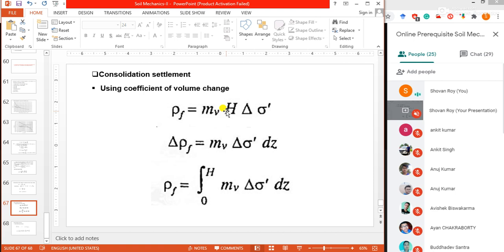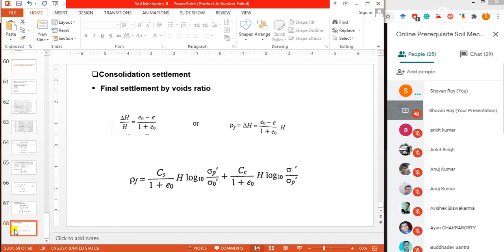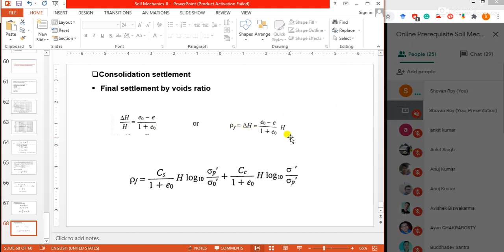Next, the final settlement. In final settlement, the formula for rho f can also be computed from the equation delta H by H equals E0 minus E1 by 1 plus E0, or rho f equals delta H equals